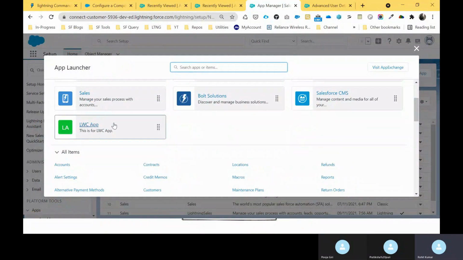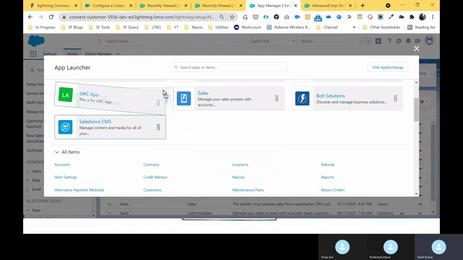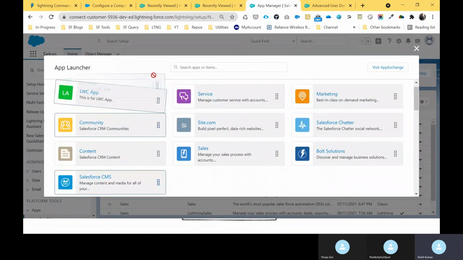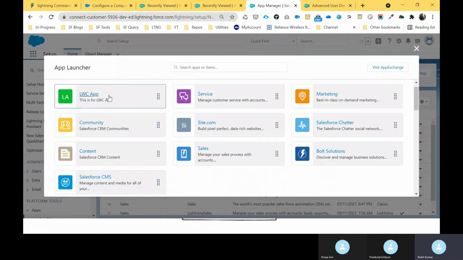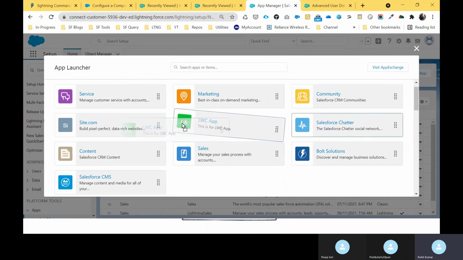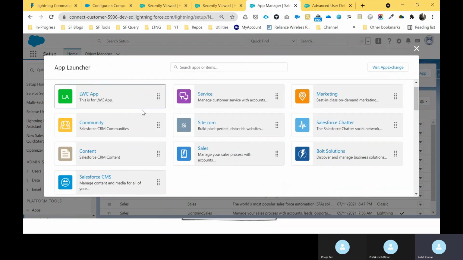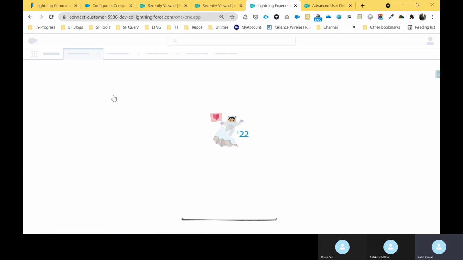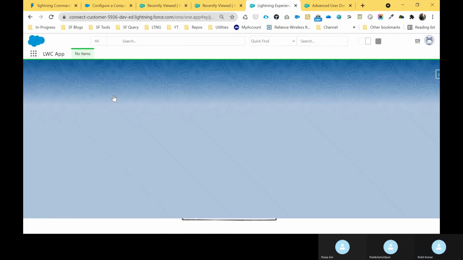You can also drag and drop an app into a particular place. Like I want to take mine to the top, and now you can see my application on top. Just click this one and you can see my LWC app here.